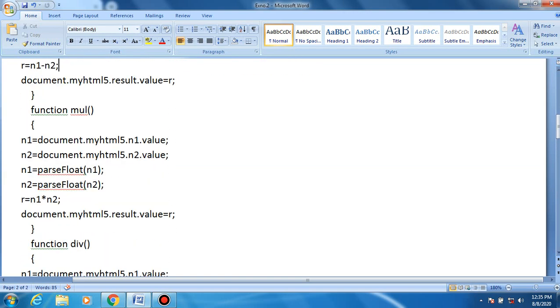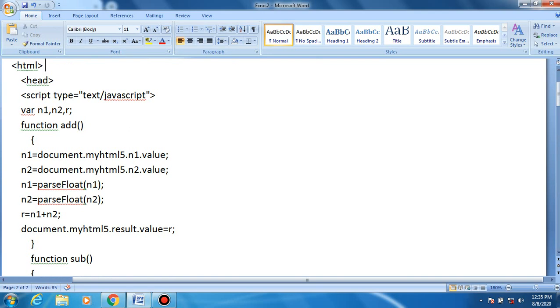Okay, we first understand the first one: head, script type equal to JavaScript, variables n1 and n2 numbers. Here function add. First we have to see the 4 functions, the 4 different operations. So here the function add. In the addition function, n1 means number 1 which is stored here, number 2 which will be stored here, right?